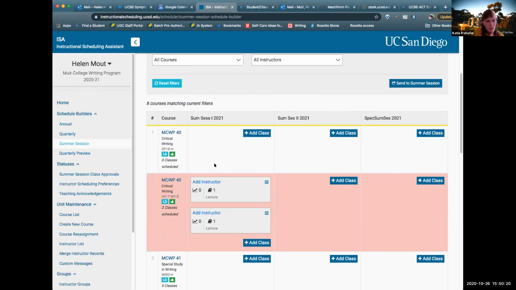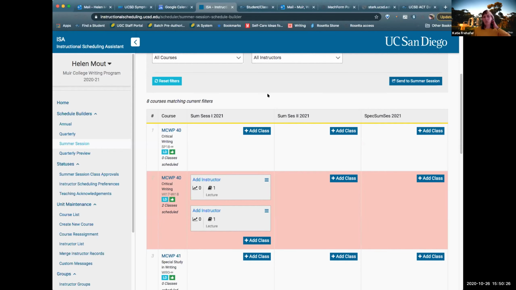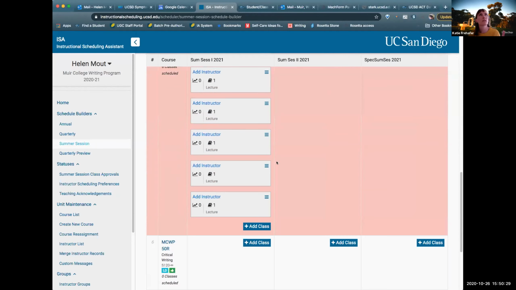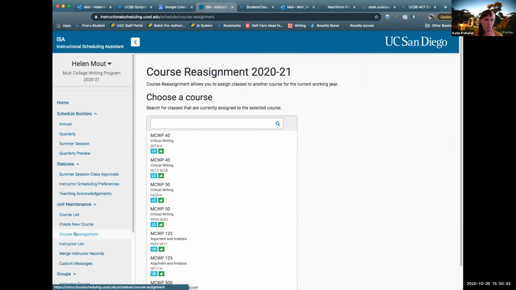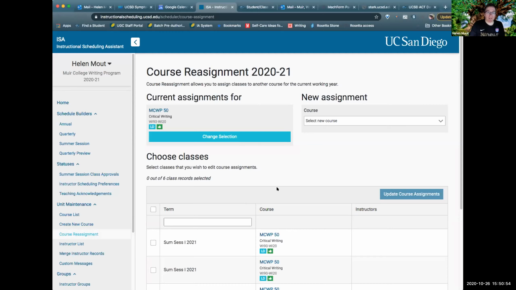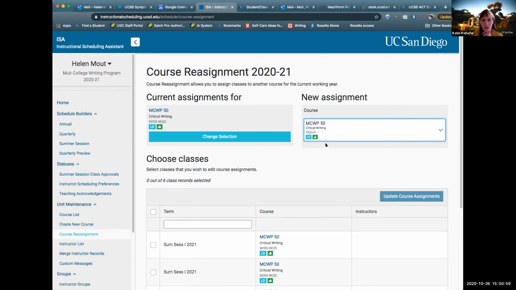Yeah, so if you go, let me think. If you go to the course reassignment tab, I'm trying to think if there's a way that you can use the course reassignment tab to shuffle them over. Yeah, so click on course reassignment, which is on the left side. It's underneath, right there. You got it. Okay, and choose the one that's end dated. I think it's the winter 18. Is it the second one? Yeah, this is one of them. Then on the right hand side, if you click select new course at the top there, that should be the current one.